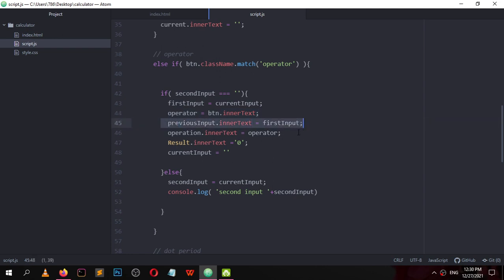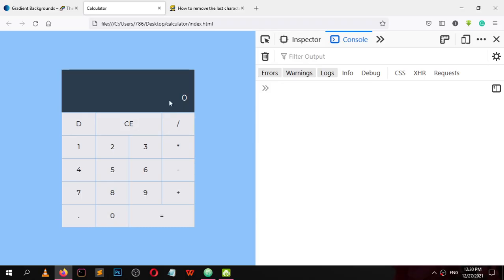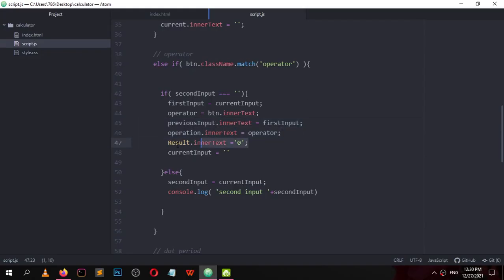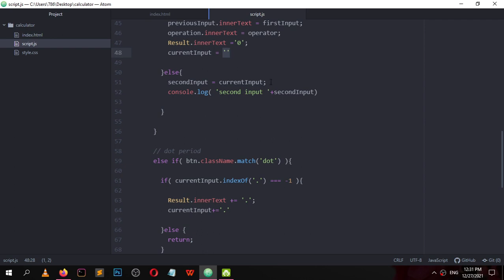In this two we are updating this result. As soon as we hit the operator, this goes to 0 and current input goes to the empty string. Else second input equal current input,